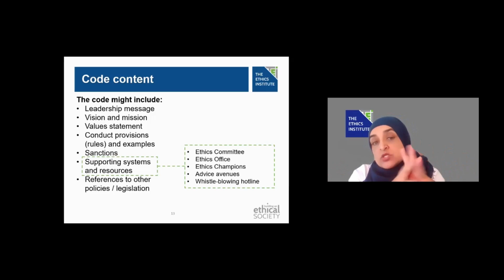And some organizations, especially in highly regulated contexts or in corporates that work in the banking industry, tend to also use it as an opportunity to sometimes have a text box or a link to say these may be other policies or legislation that might be relevant. But most smaller or medium-sized organizations tend to keep it shorter and opt not to bring in policies or legislation, but rather just keep it to the actual words around the context and the content of the document.